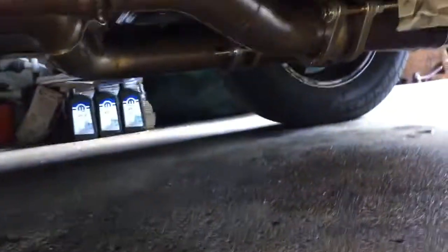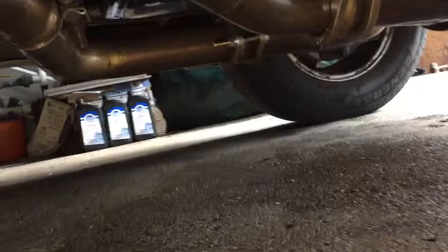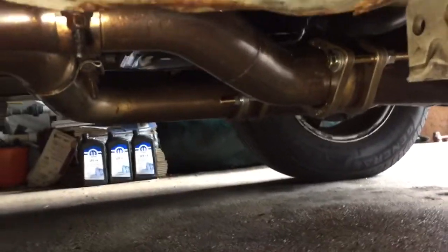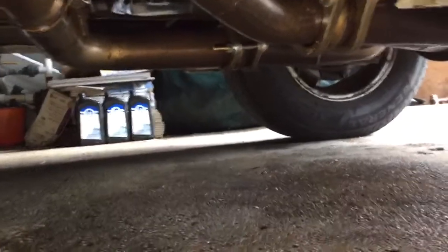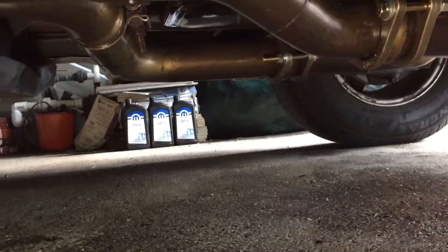So the sensor and solenoid are in the valve body. So you have to drop the pan, and because of the long tubes I couldn't completely pull the pan out, so I had to do some crazy maneuvers to get that valve body out, but I finally did last night late. So I buttoned it back up, put fresh transmission fluid in there, 3 quarts,